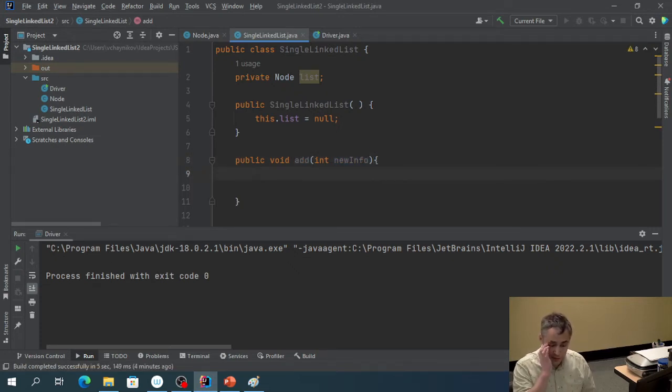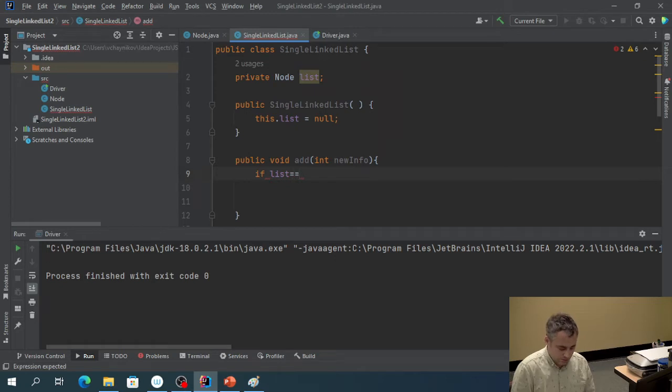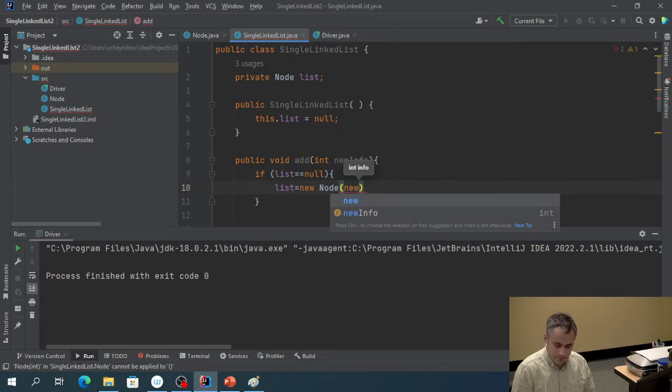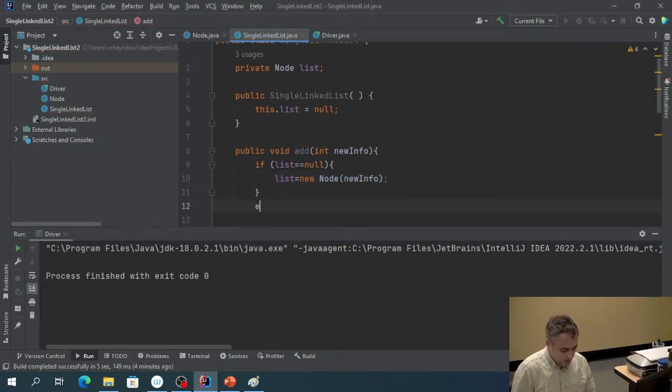So first of all, if my list is currently empty, if list equals to null, let's say that list is now equal to the new node containing new info. And that's it with the first case. Else